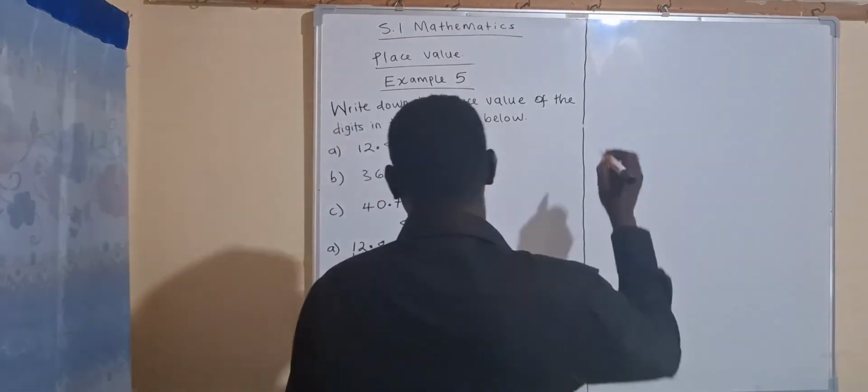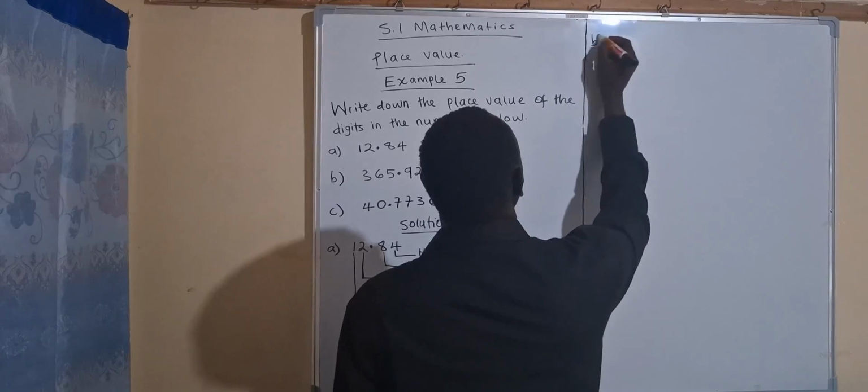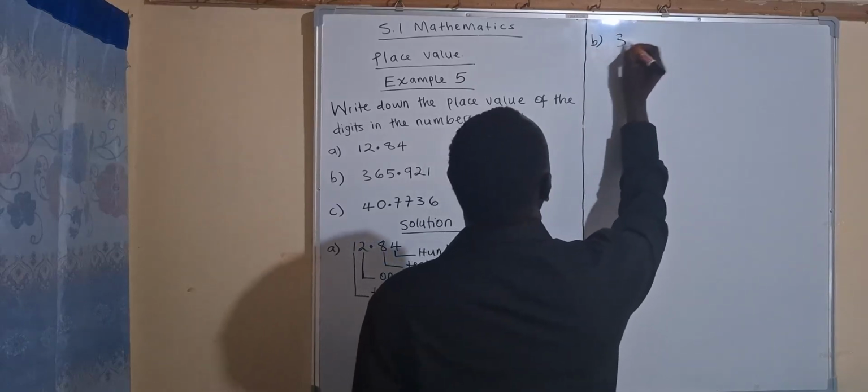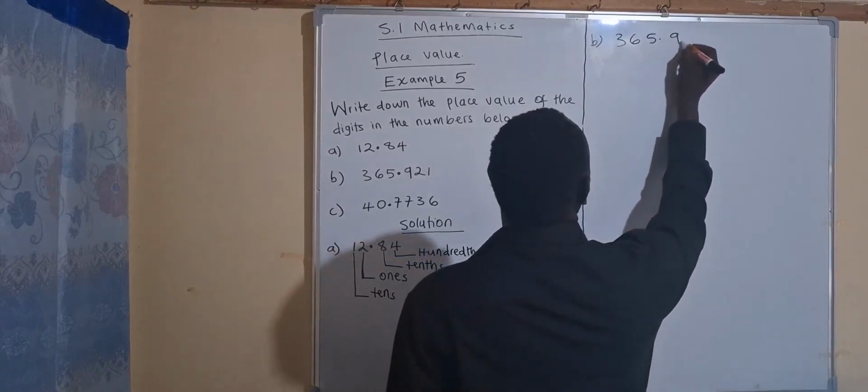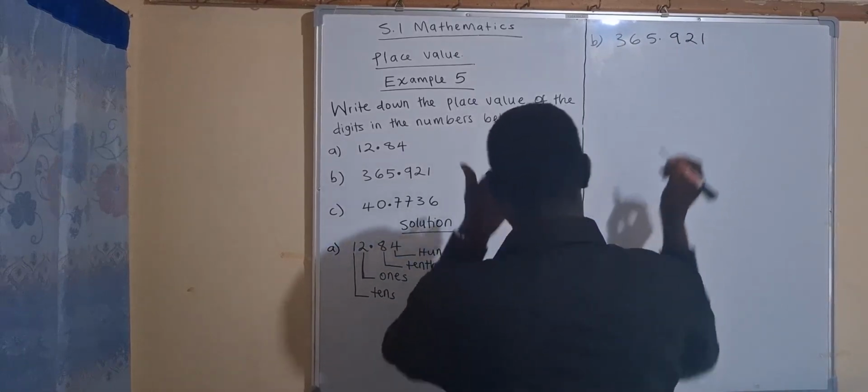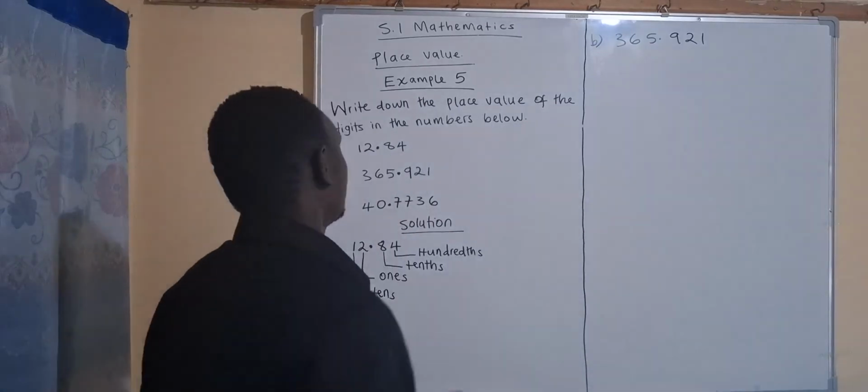And then we go to part B, which is 365.921. Feel free